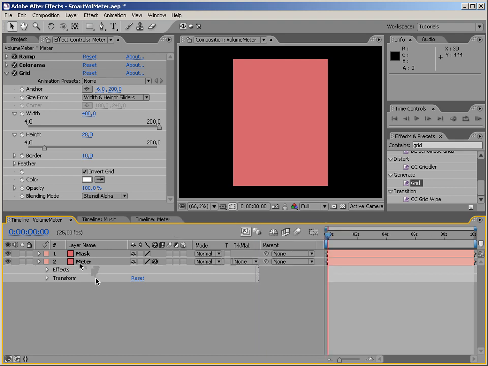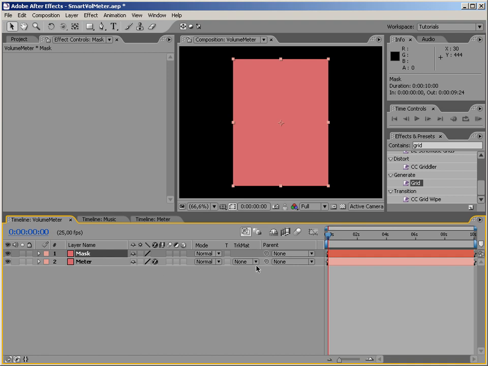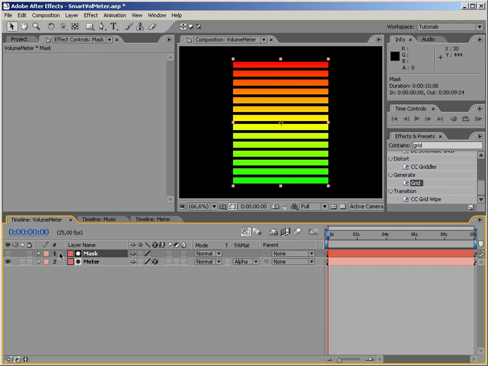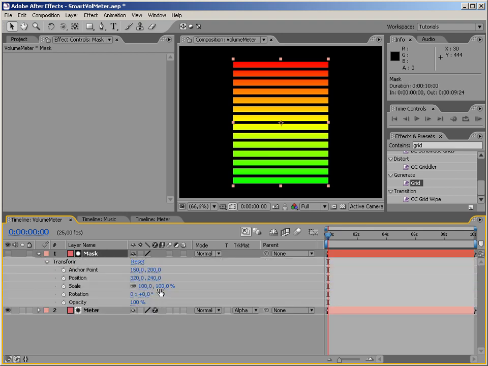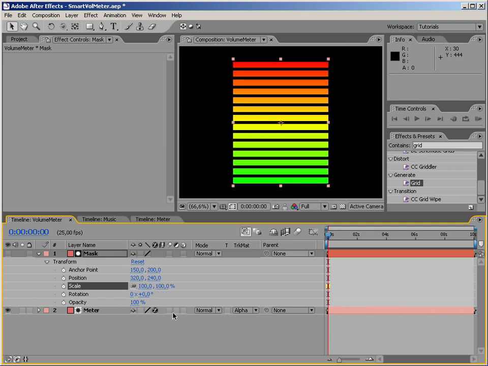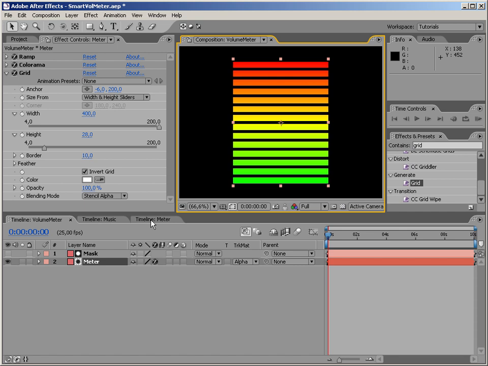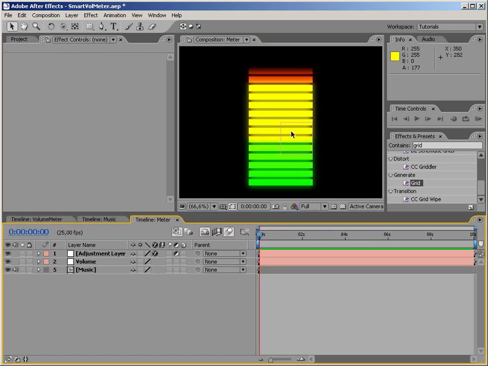And we are going to drive opacity of this layer with opacity of this layer. So let's just choose an alpha matte. Let's just see if it works. Yes, it works. Okay. Let's leave it at 100. Let's turn off the uniform scaling. And if we want this to look like the original meter that I've created for you, so the direction of scaling is bottom up, like so, we need to